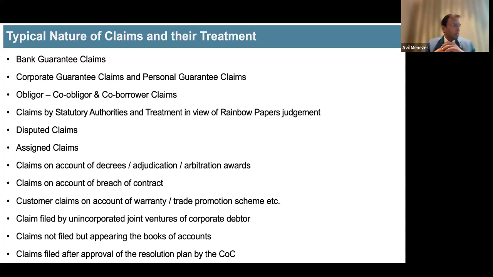In a very interesting case which I was handling, the promoter sent a claim saying that I am a financial creditor, I would need a seat in the COC because I have given a personal guarantee. I have guaranteed the principal, I have also guaranteed the interest. So he sent us a claim saying kindly accept my claim. I think this was quite unique, I've not heard of anyone getting a personal guarantee claim included as a claim on the corporate debtor, because if you pay under a personal guarantee, there is a right of subrogation.